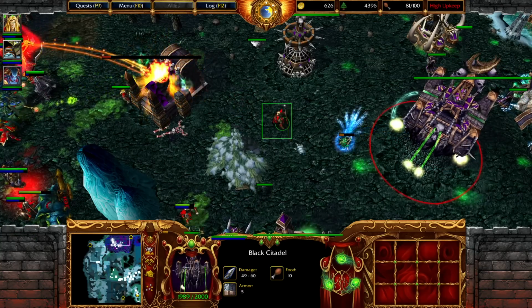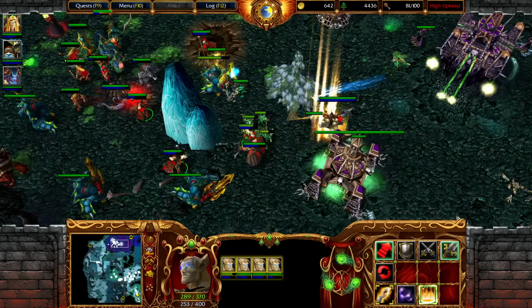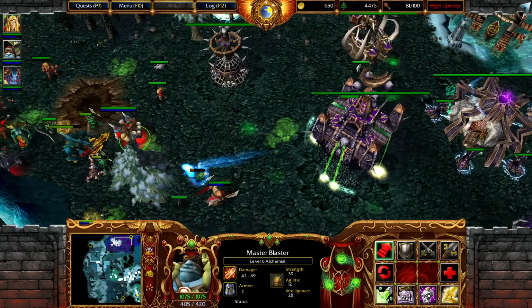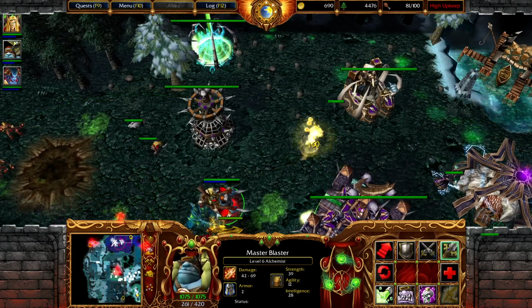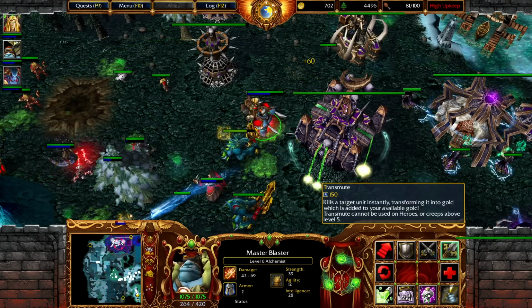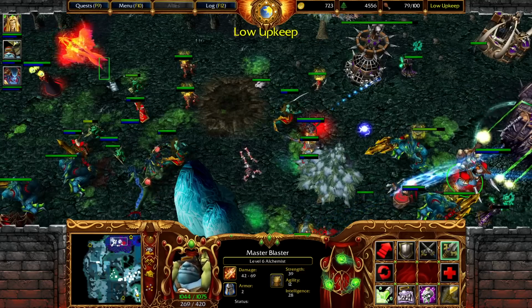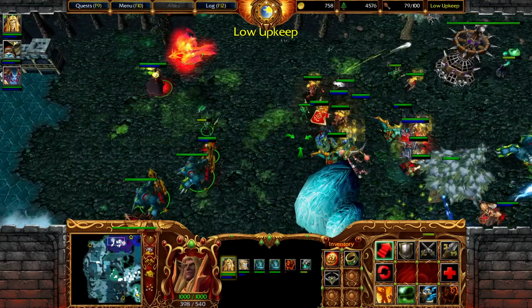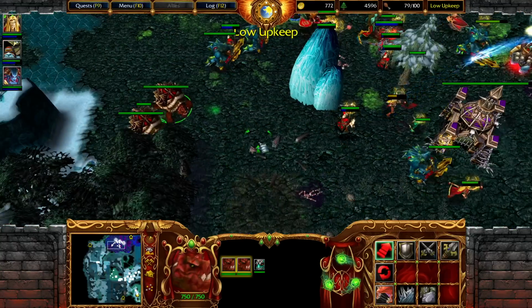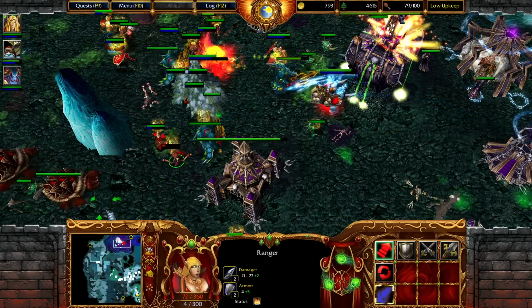So we only need to kill the Black Citadel. Mr. Priest, no, please don't. Let's get some inner fires going, though. Master Blaster, transmute something for me. I'll shake that right up. Oh, yeah. Transforming it into gold. Who just died? It was probably a priest. Again, I think we only have to kill the Black Citadel, or at least that's what's there on the objectives, so...